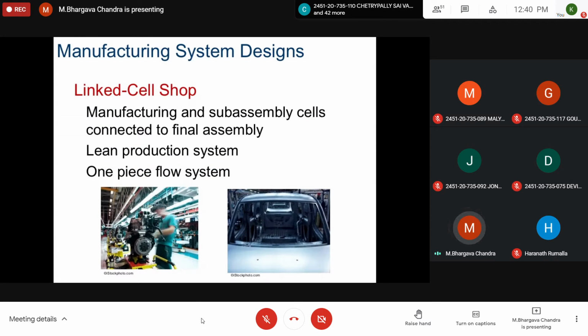Next is the linked cell shop. Here the term linked is used. The components coming from various assemblies or production centers are brought together here. Manufacturing and sub-assembly cells are connected to final assembly: a lean production system, a one-piece flow system. All the components manufactured from different flow lines or different manufacturing centers are linked together. You may have different production lines or process centers for different types of components.